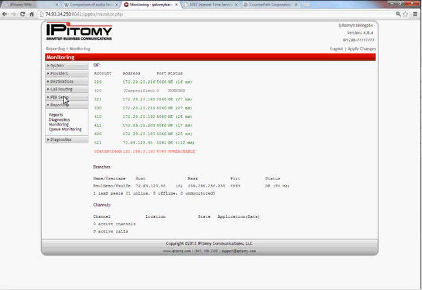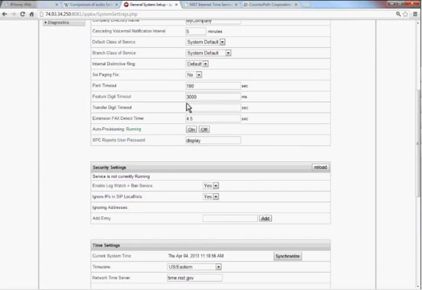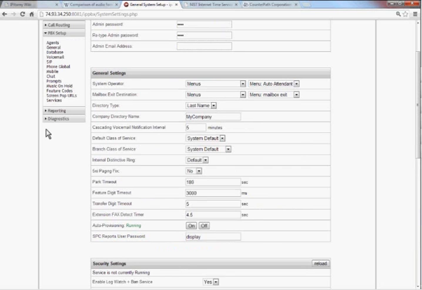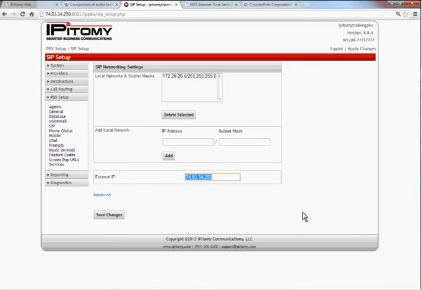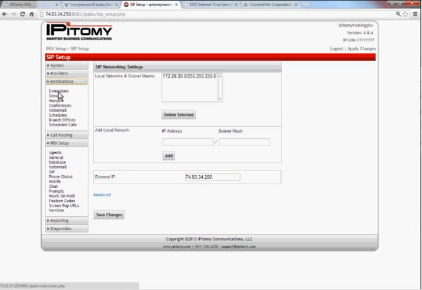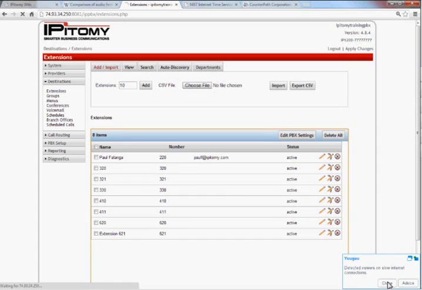Now, here again, the preface to that is that under the time server, you have something set. Okay, you have a time server set. And in addition to that, under SIP, we have the external IP that is associated to the PBX server that this telephone is going to be associated to. Since these things are set, I now have the ability to go in here and make one of these changes to the telephones that are installed. So if I go into 330